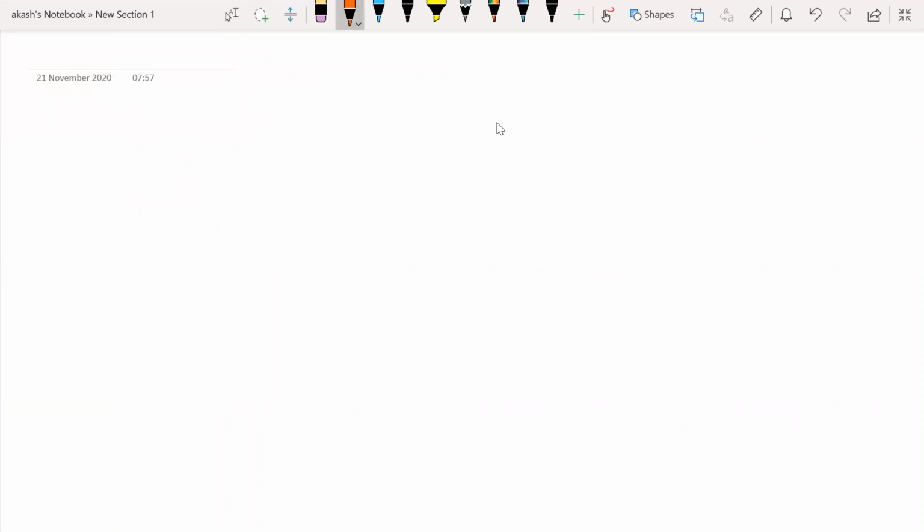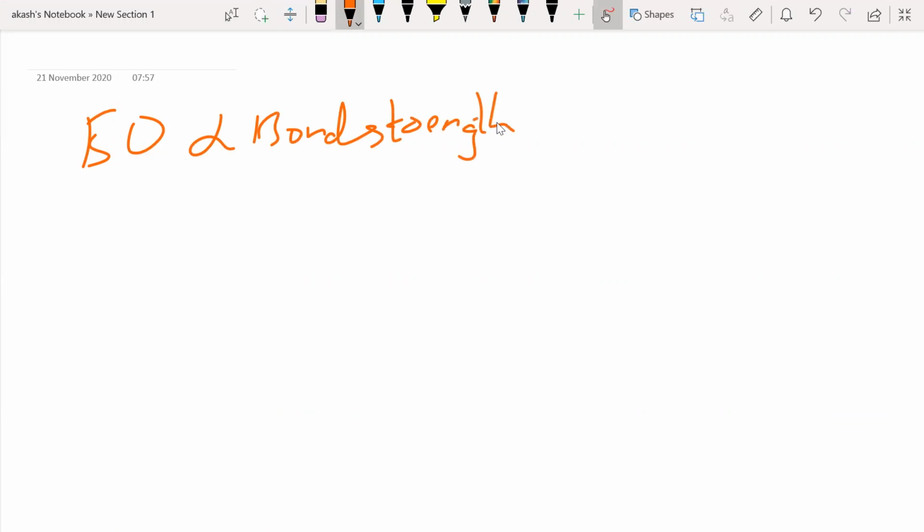So bond order, BO, if you know that, it is going to be directly proportional to the bond strength. And obviously bond strength means it is going to have lesser bond length. Right? And bond strength, bond length, these two alone you have to know. More bond order means more bond strength. Obviously, it talks about the number of bonds in the molecule, right? So more bond order means more bond strength, and obviously stronger bonds will have smaller bond lengths. That we know already, right?